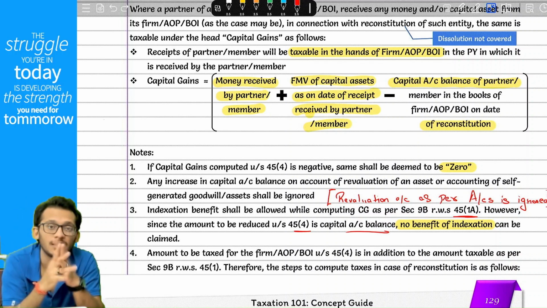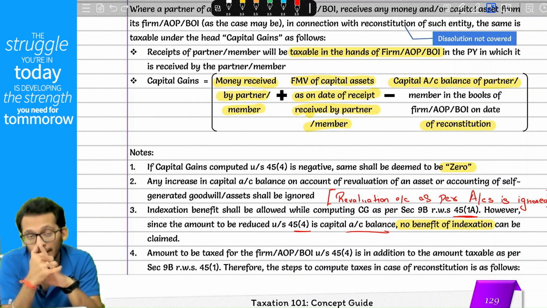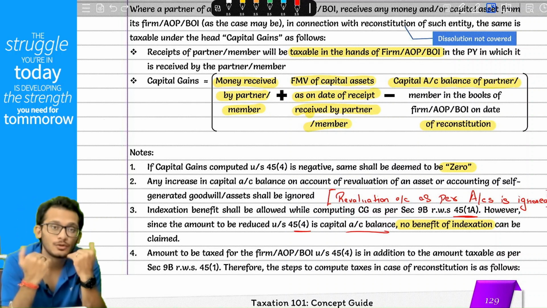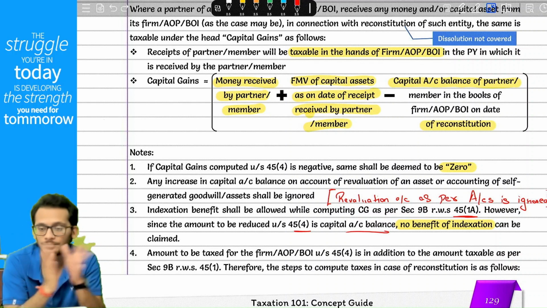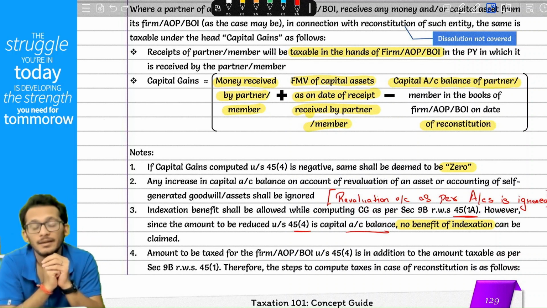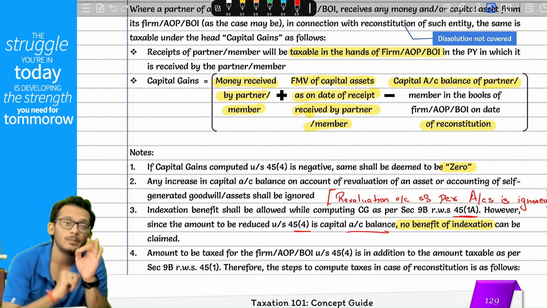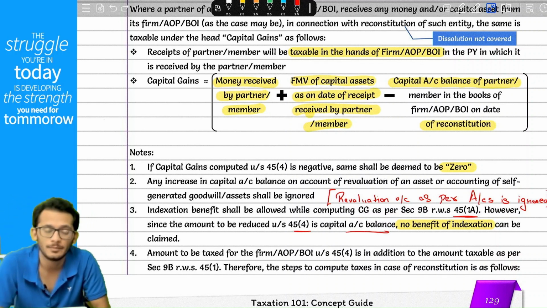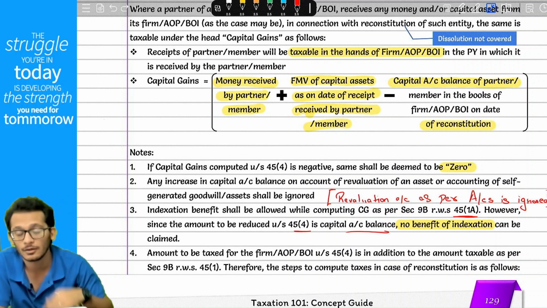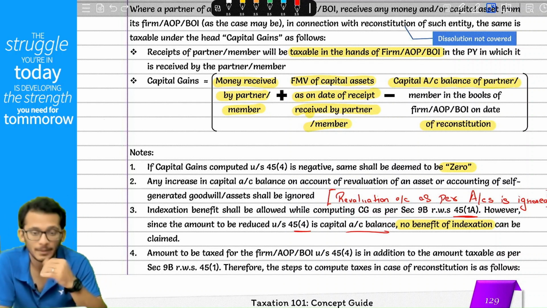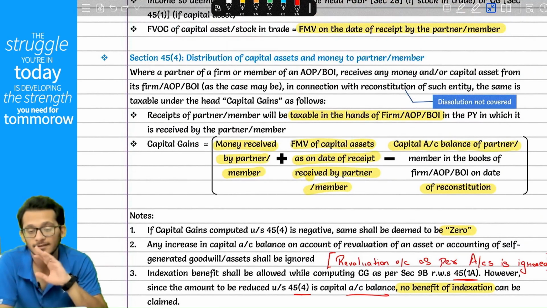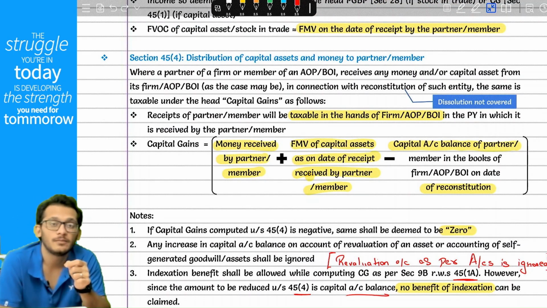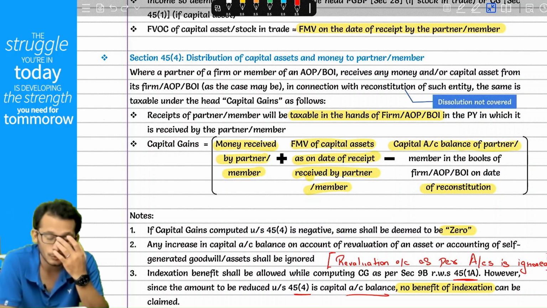But the provision comes and says, even though this is capital gains in the hands of the partner, it is deemed to be taxable in the hands of the firm. So the firm will pay tax on this capital gains on behalf of the partner. The partner will not pay a single rupee of tax. Yes. However, if you are deciding to give the partner any assets,